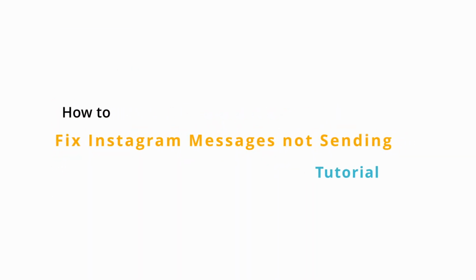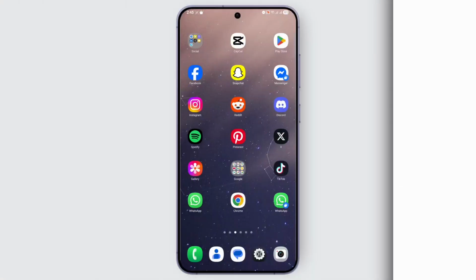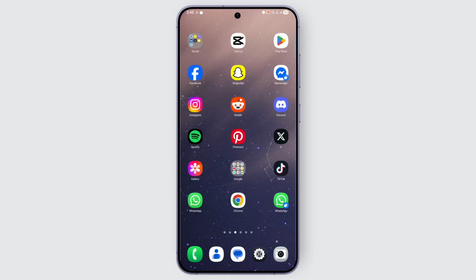How to fix Instagram message not sending. Hey guys, in this video, I'm going to show you how you can easily fix if your Instagram messages are not sending. So the very first thing you want to do is go to Instagram,